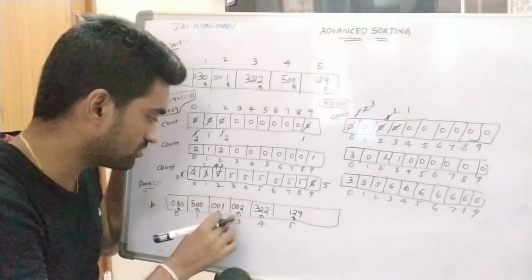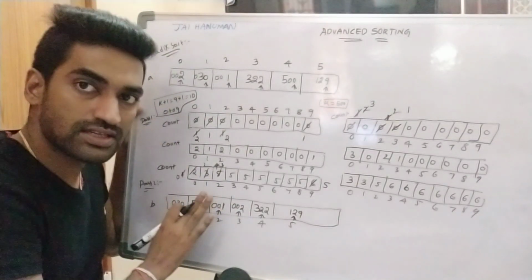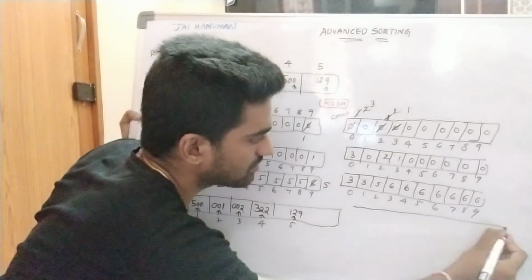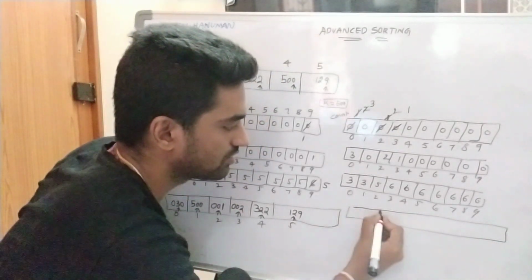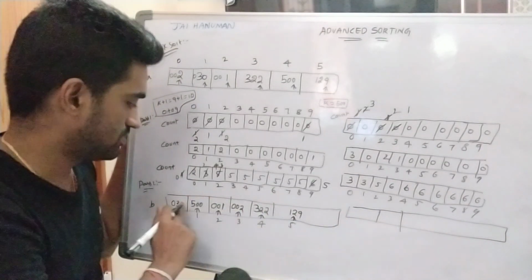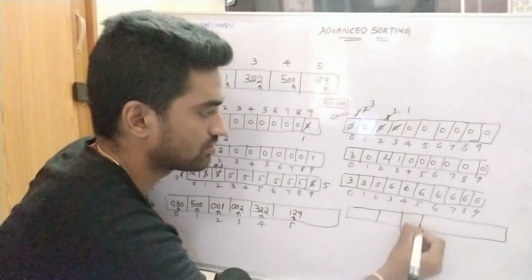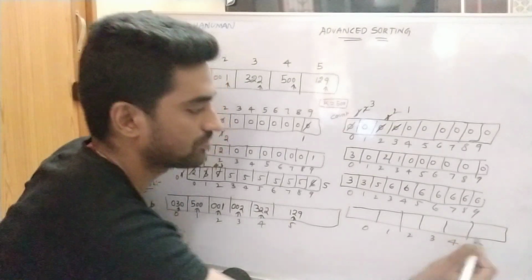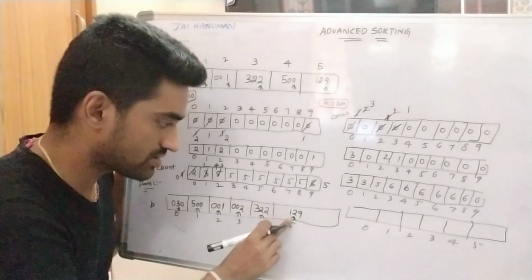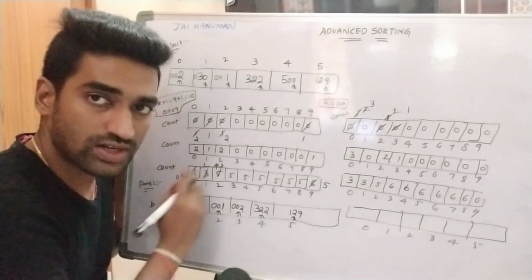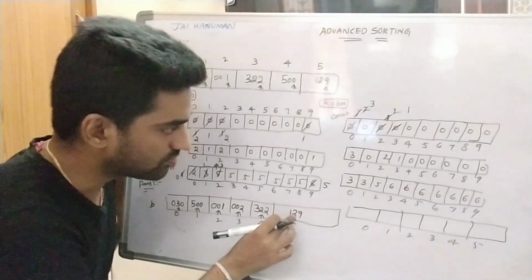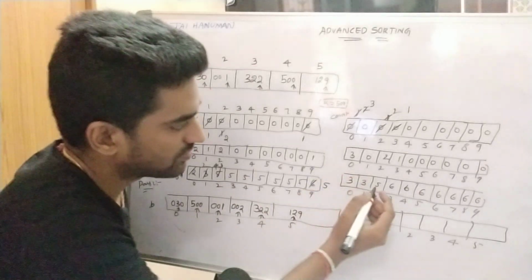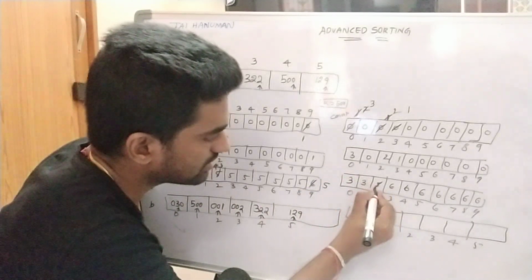So for pass 2, pass 1 output is the input. Remember that. Here I am constructing the output array which contains 6 elements now: 1, 2, 3, 4, 5, 6 at indices 0, 1, 2, 3, 4, 5. Here I am considering the second positions now, starting from n minus 1 down to 0. So the second position is 2. Go to index 2 and decrement it by 1.